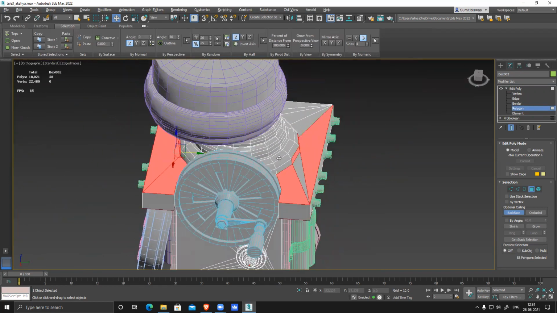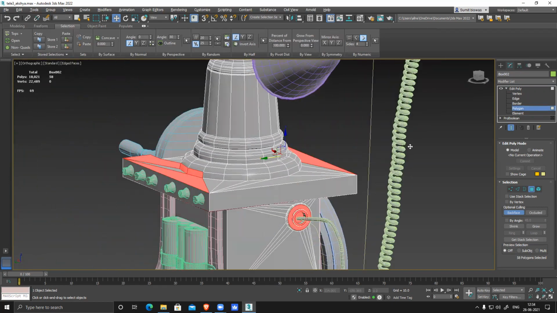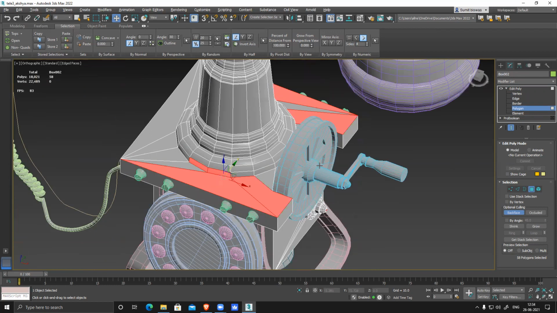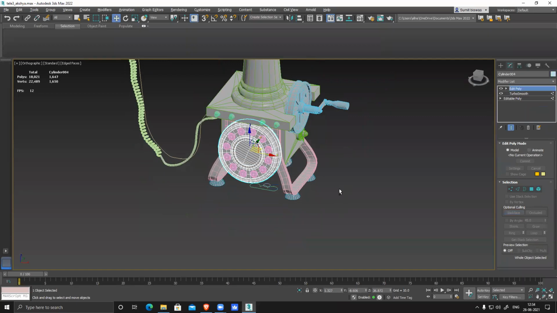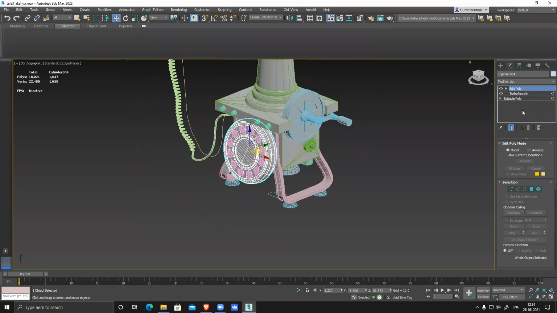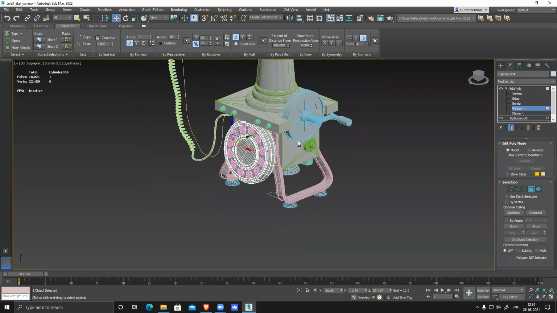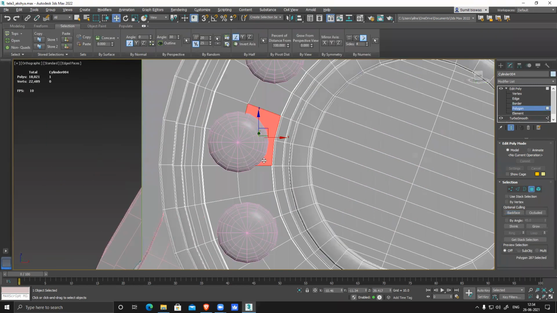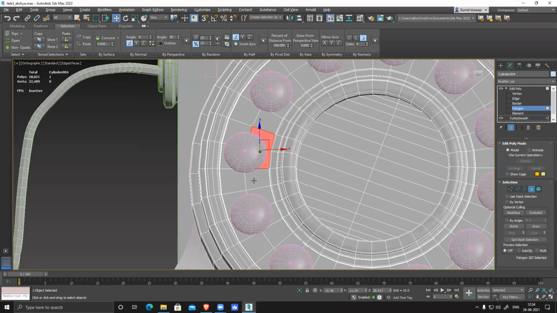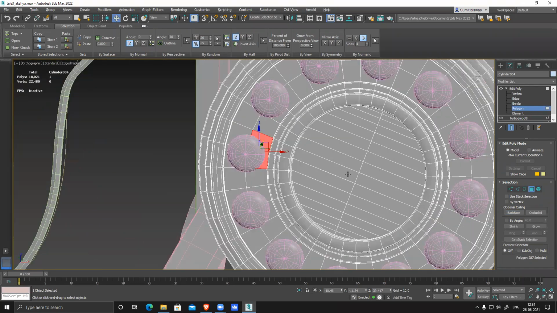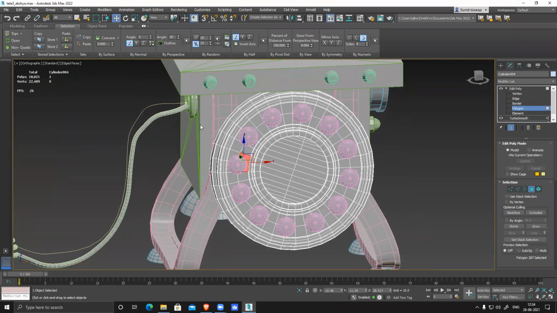Little issue. So make sure there are no n-gons. N-gons are not acceptable. N-gons are always wrong. So make sure you fix those things and check everything properly. Here also one face, because this cut is not there. It got deleted accidentally or something. That's why it happened. So make sure.